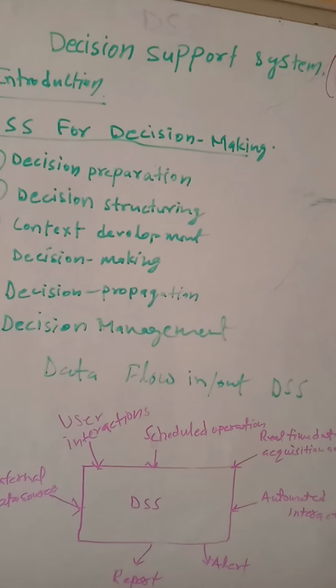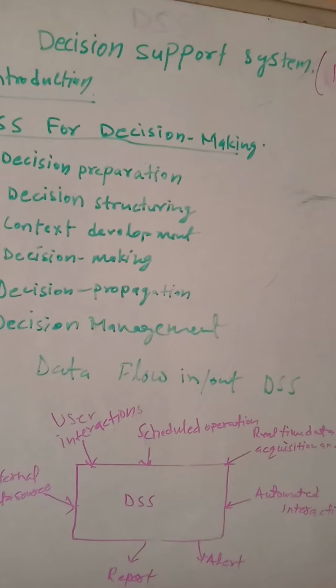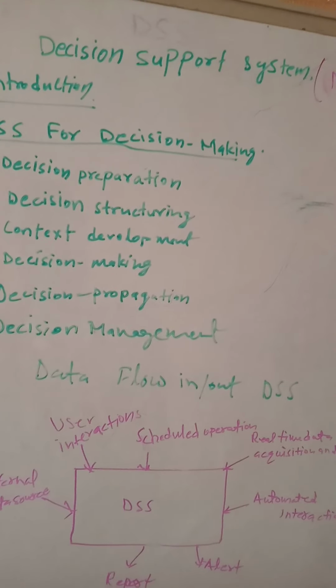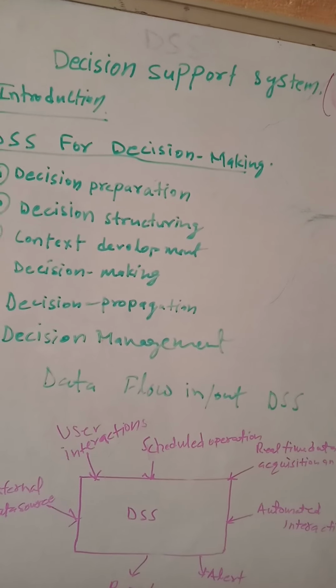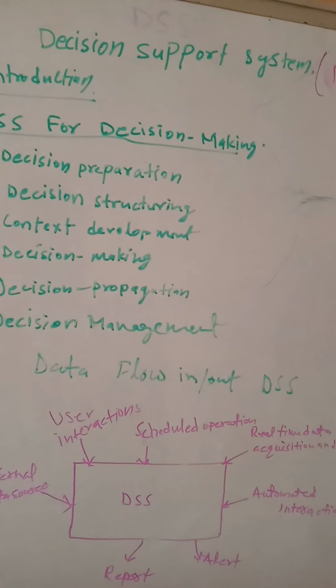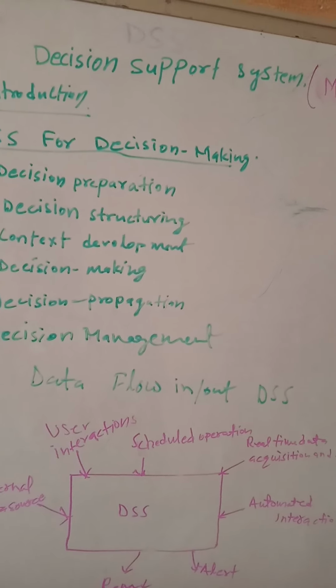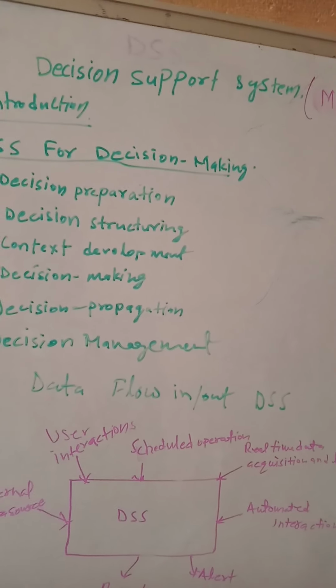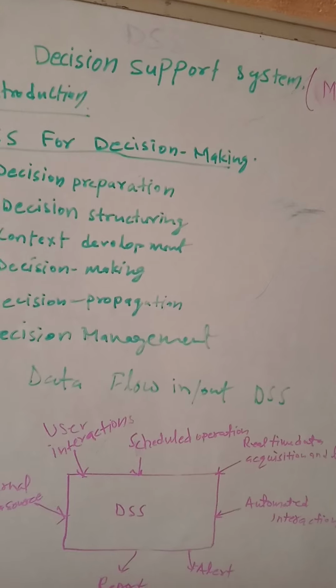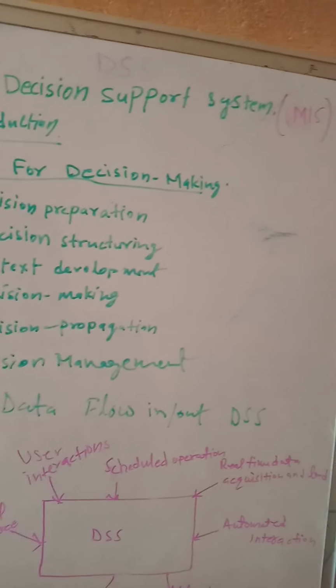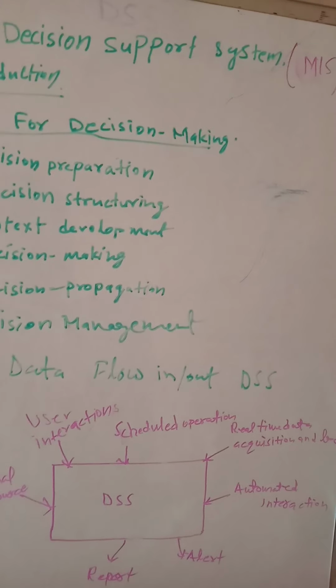Second is decision structuring. The DSS environment provides tools and models for arranging the inputs in ways that make sense to frame the decision. These tools and models are not pivot tables and other aspects of data presentation found in query tools,